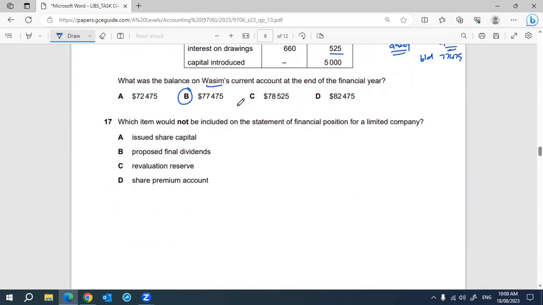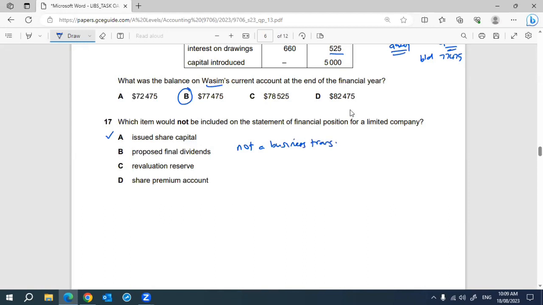Which item would not be included on the SOFP, statement of financial position, for a limited company? Which would not be included? So, issued share capital would be included. Proposed final dividend. Now, proposed final dividend is not a business